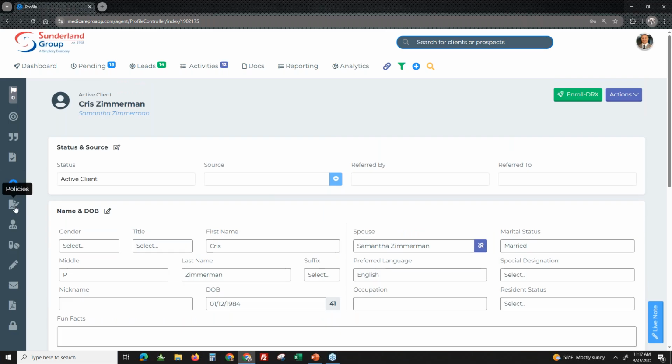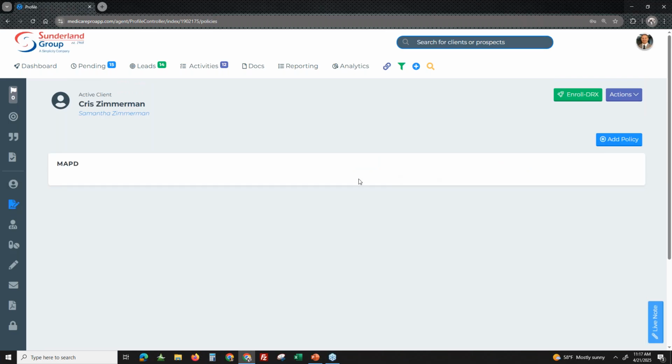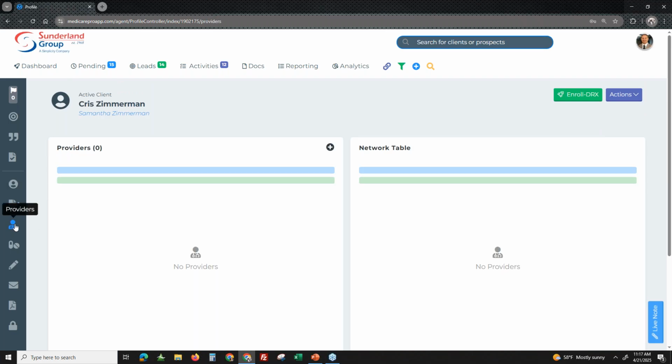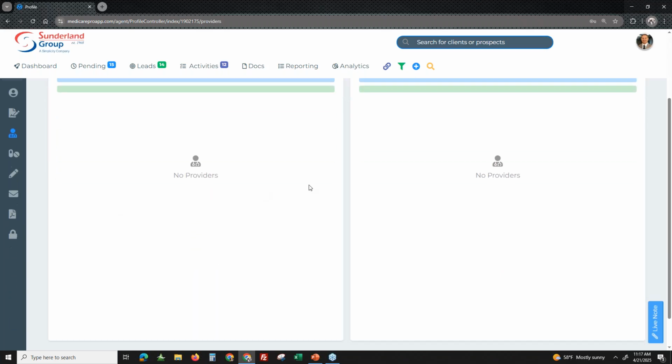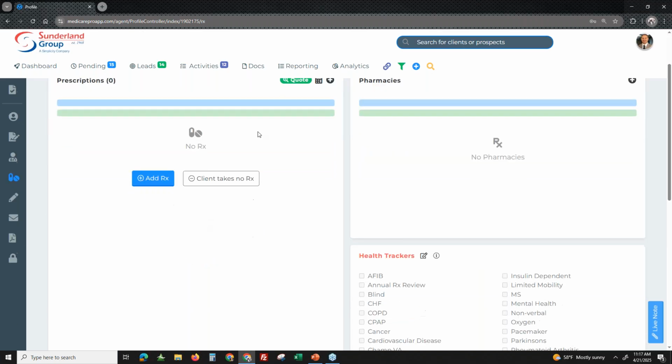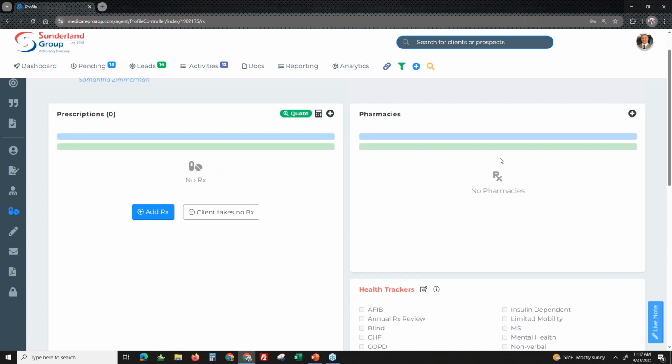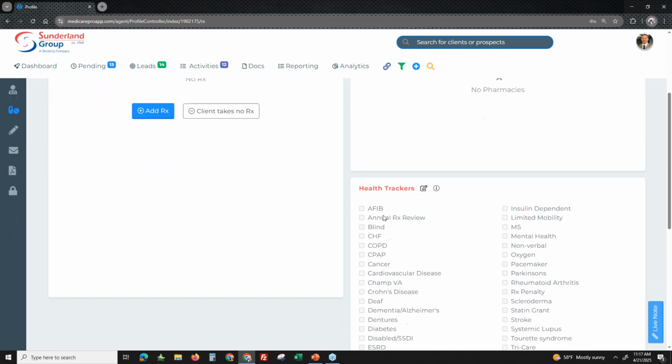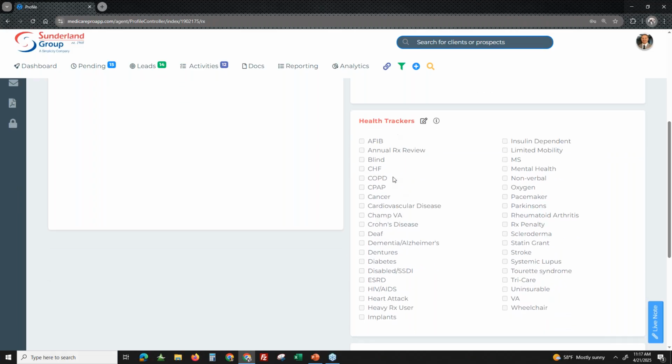You've got your home, phone, email addresses, authorized caretakers. Add all that information. Again, policies, providers. So if you want to add providers to the customer and have all that data saved, you can do that. Prescription drug list, you can add their prescription drug list. You can add their pharmacies. You can add any health-related items,